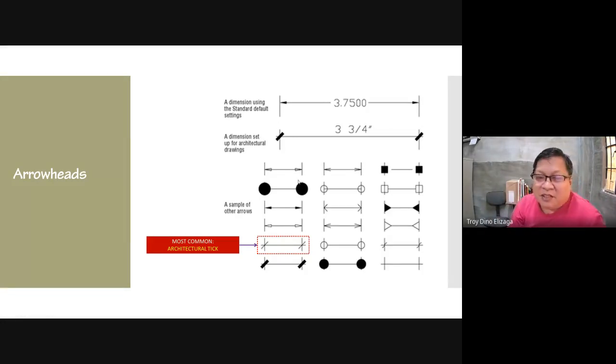Use the dots. But later I realized that when it comes to architectural drawings already, the dots don't seem to be very attractive, so the arrowhead is better. The dimension tick, the second one here, is also very popular. You can get a 0.5 or 0.6 pen and use it for the ticks.